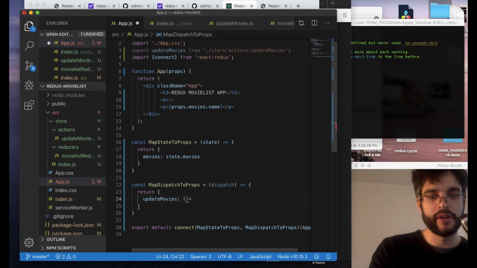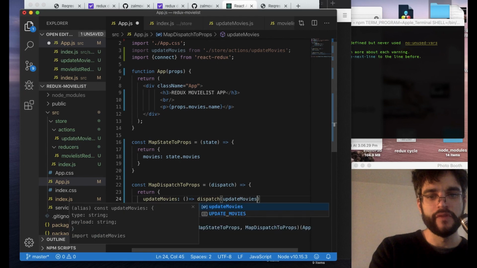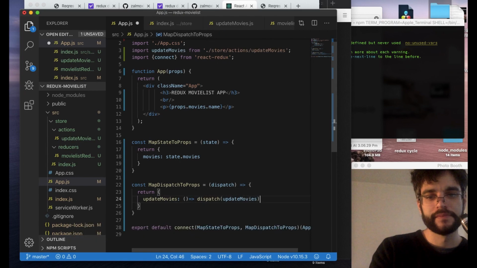So the property, we're going to call a function for our dispatch, which is going to call our update movies. And basically this is letting us use our dispatch now. So now we can access the update movies. If we want to update it here, we can reflect the information. And all we have to do now that we have our dispatch set up